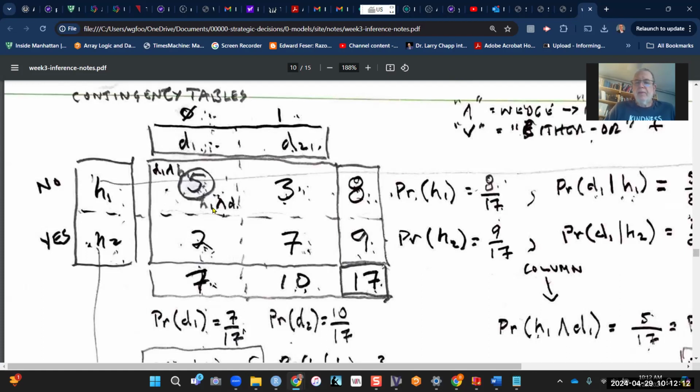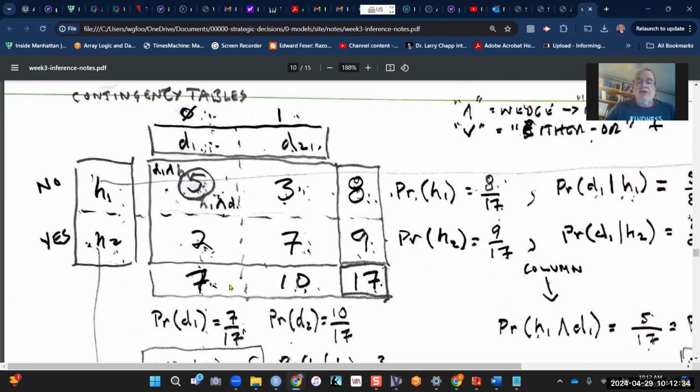Question is, what is the joint probability of seeing 5 relative to all of the ways of seeing the way data meshes together with hypotheses? And if you add all of these up, you can see in the margins of the table,